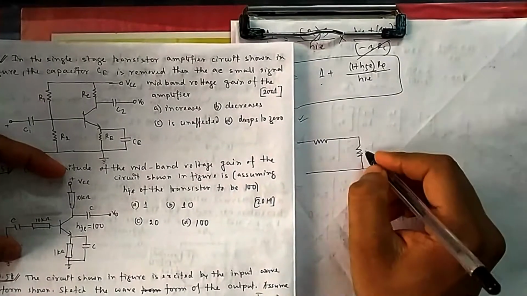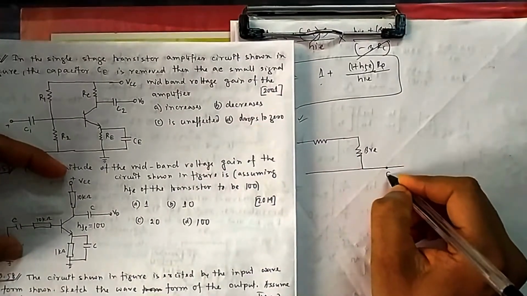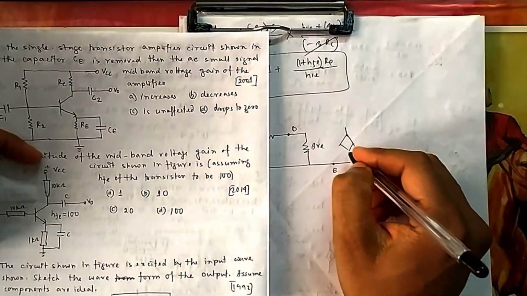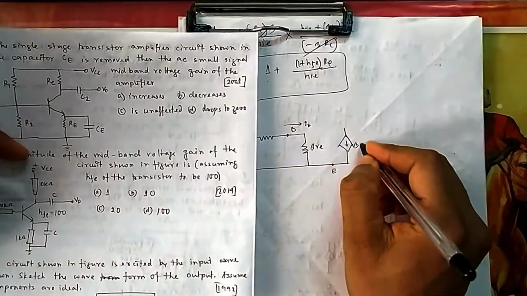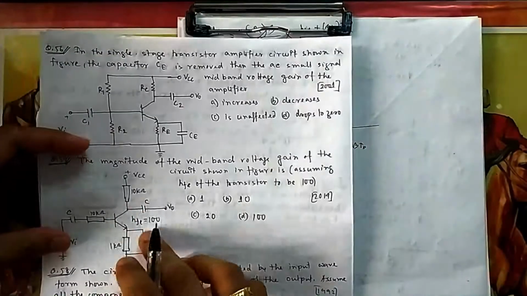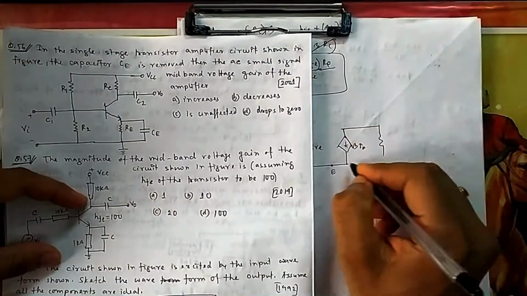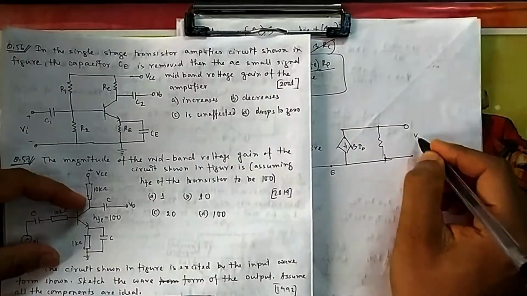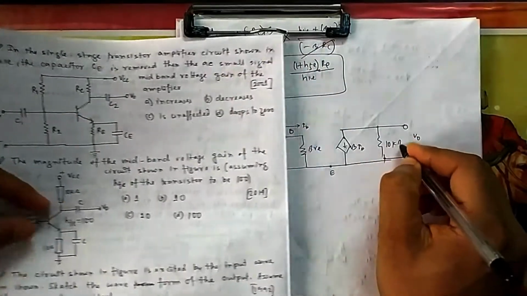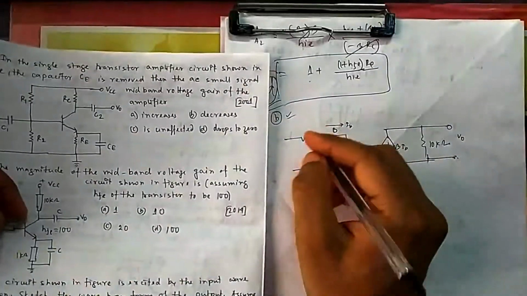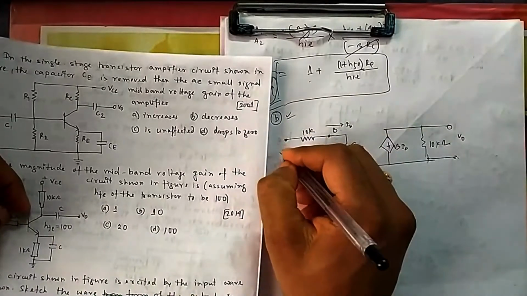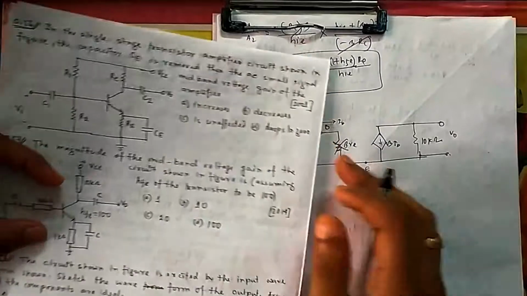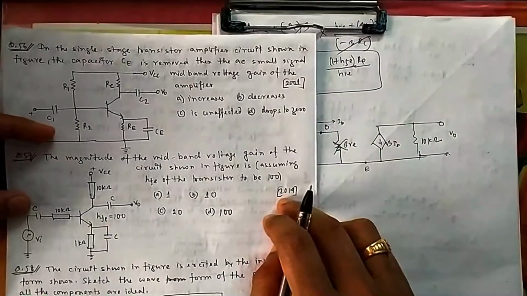So this was my input, this was beta RE, this was my emitter, this was my base, and on the collector side we have a current source which depends on beta into this current IB. Then on the output side RO is not there but a 10 kilo ohm is connected, so it becomes my V0. Because it is not mentioned, you forget about this, and compared to the 10 kilo you can think it is small, it is generally 1 kilo. You can remove it for now, and now you have to calculate the gain.